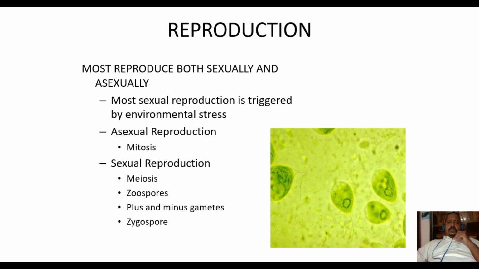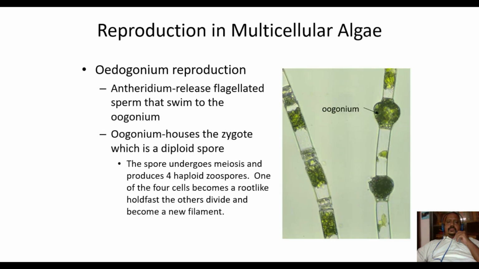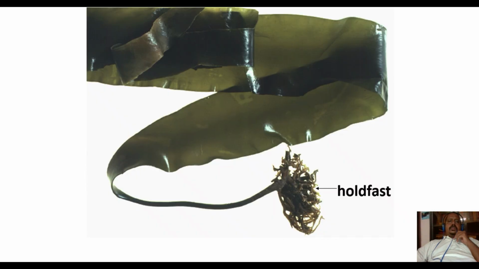Then the zoospores are there, plus or minus gametes. They are compatible gametes, plus or minus strains we can see. Then the zygospores, which are the perennating spores, we can trace in many algae. In the case of multicellular algae, we can see the complexities of sexual reproduction, where the antheridia and oogonia are produced. This is thallus structure